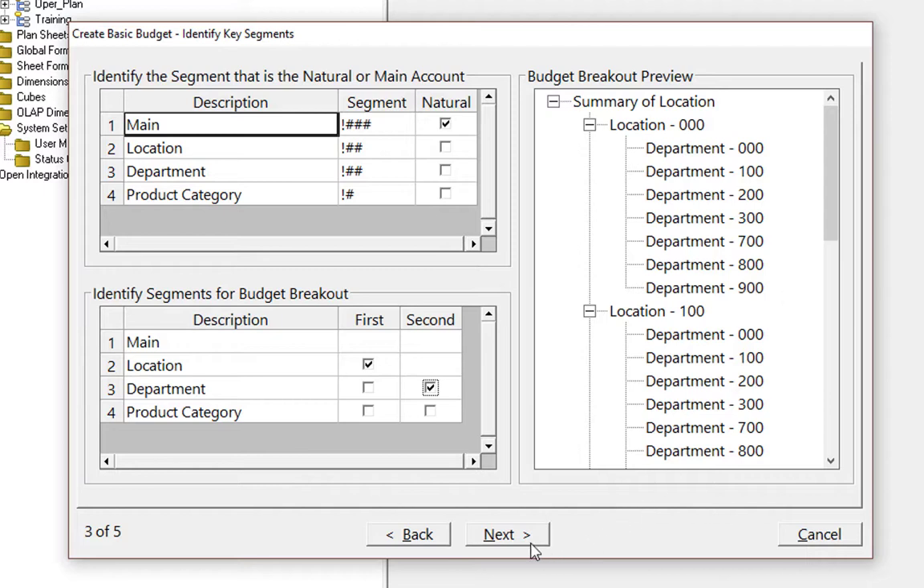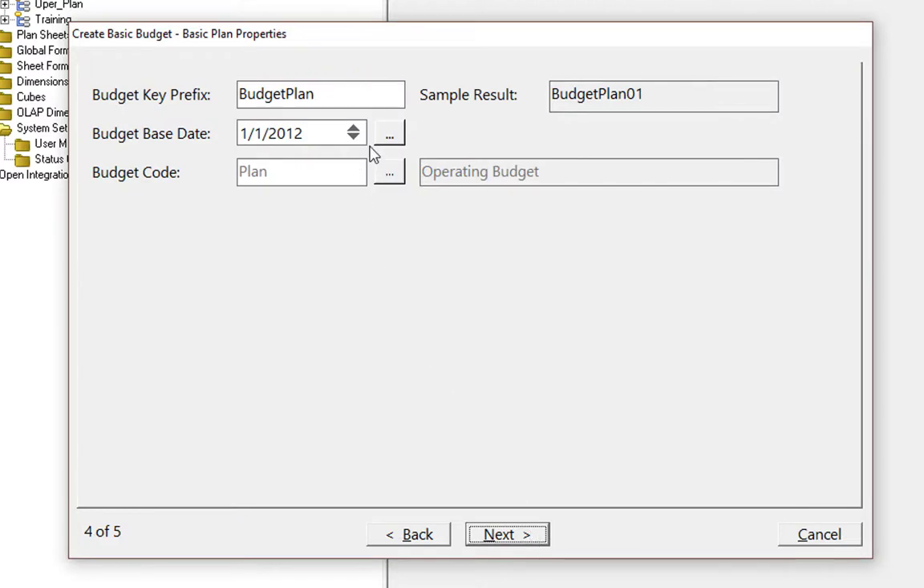All right, having made those selections, we'll go on to the next. And now it gives us some options or properties we can fill in. The first part is how it's going to prefix every one of the new plans that it will create. Since we can create multiples, it'll do a prefix of budget plan. I'm going to go ahead and change this just so you can see what that looks like. If I just use BUD as the prefix, then the sample shows it's going to create BUD 01, BUD 02, BUD 03, etc. All right, we'll leave the prefix as BUD